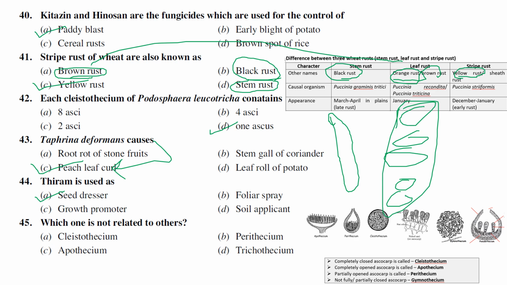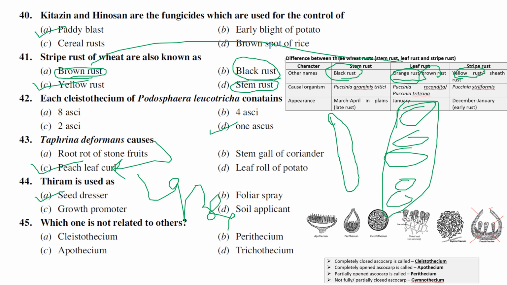And this thiram was the fungicide which was first discovered by Tisdale and Williams in 1934. It is a very famous seed treatment fungicide, since it has been almost 80 to 90 years since the discovery. Still we are using thiram from that time. It was actually discovered by Tisdale and Williams in 1934.